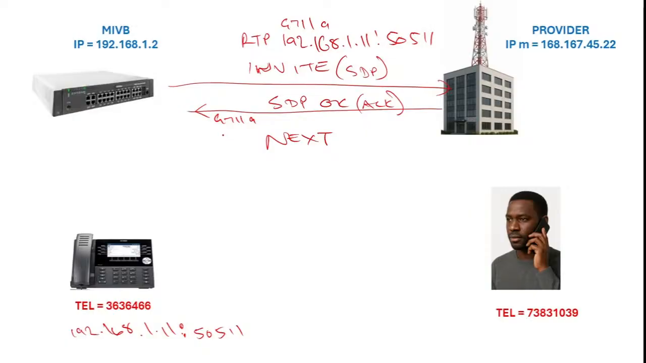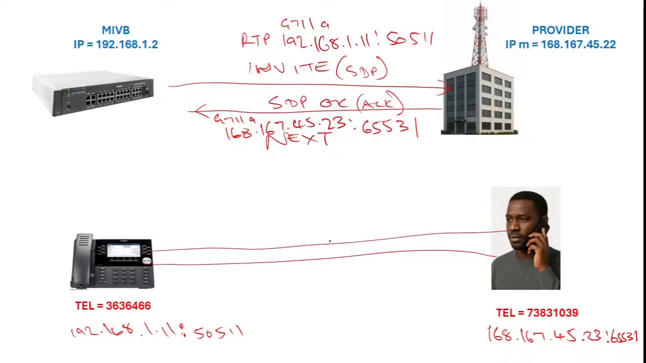to 168.167.45.23, probably, on port 65531. So what this means, at a high level, is that it's going to be 168.167.45.23 port 65531, and we are going to form a temporary